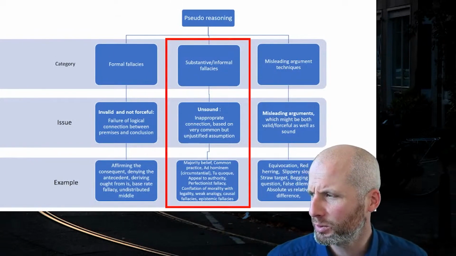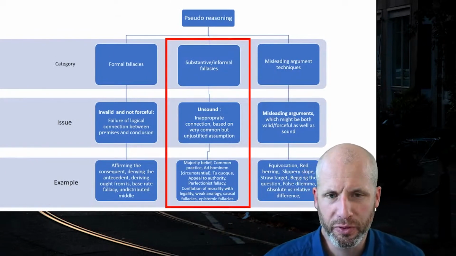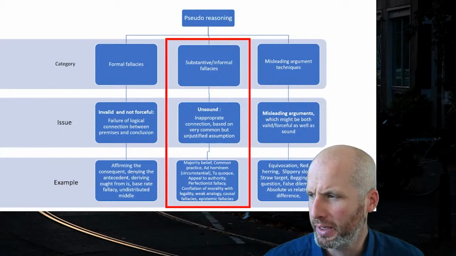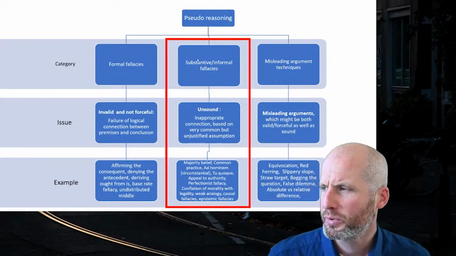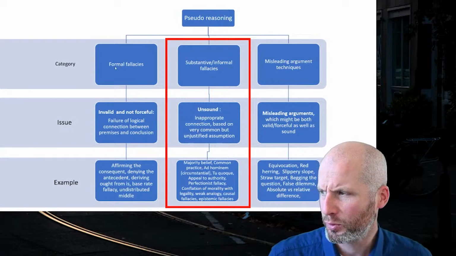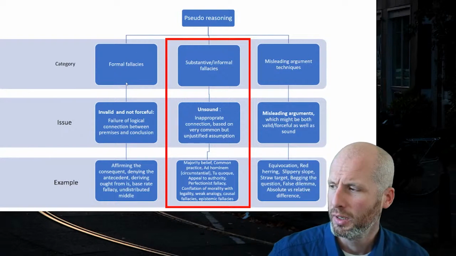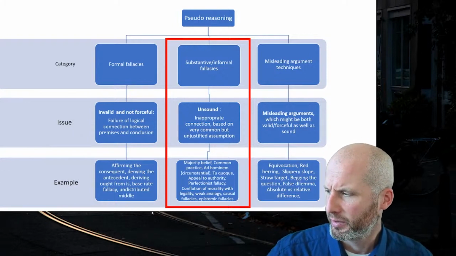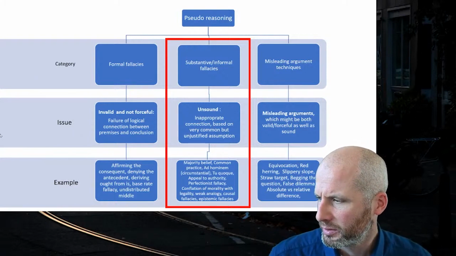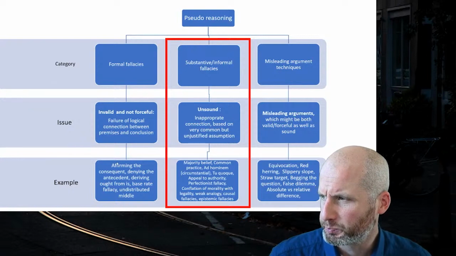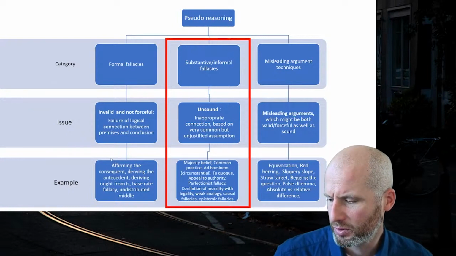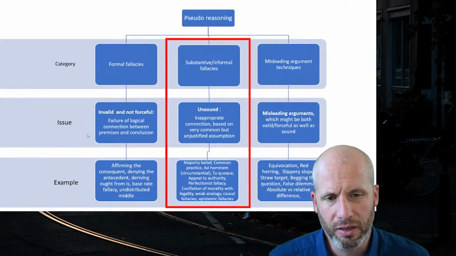So, we talked about recognizing different forms of pseudo-reasoning, and as indicated at the beginning, there are 3 different forms to look out for. The first one are formal fallacies, in which there is a lack of a proper connection between the premises and the conclusion. And we talked about different examples of that type of pseudo-reasoning. So those examples are all forms of reasoning that are either invalid or